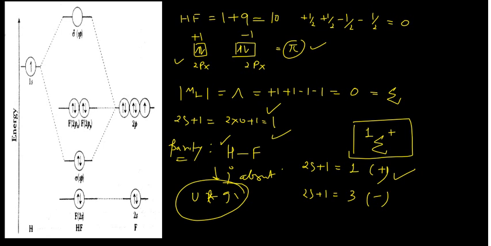This is the point which is very, very important. And this point, 2S plus 1 equal to 1 or 2S plus 1 equal to 3, I have discussed in my last class. This is very, very important, which you should know. If you have followed my lectures properly, then there will be no problem in understanding these things. Okay, I hope there is no problem in that.